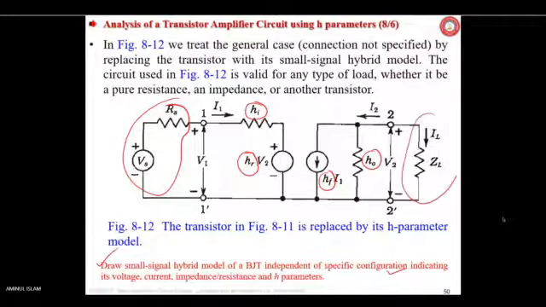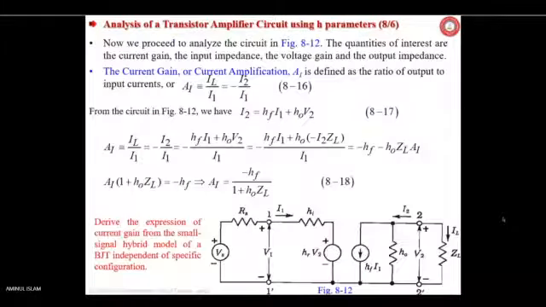Leftover part was there. This part we have added: these two, input source and resistance, and on the output side we have connected an impedance, output impedance ZL. Now, for any amplifier, we have to analyze something. What is that? That is current gain, voltage gain, input resistance, and output resistance. There are four things we must analyze, and once you analyze, then numerical calculations can be made on that.